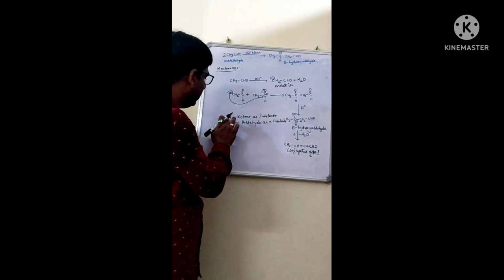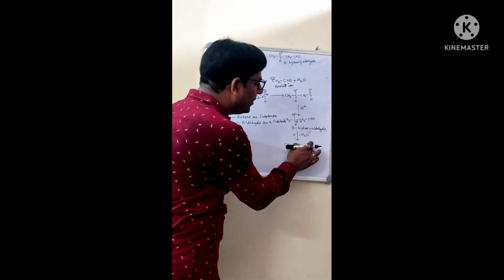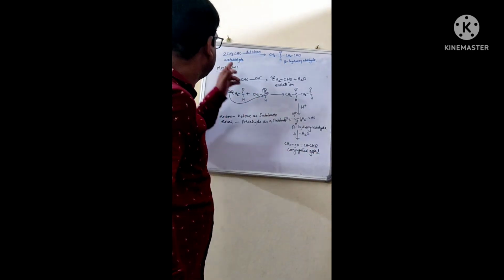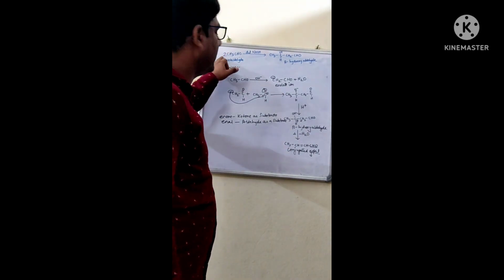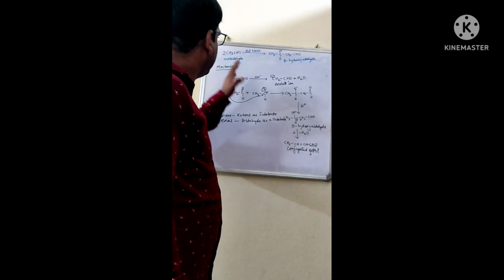And if I say enone, enone means when we have the C double bond O, that is the ketonic group, right? Then we will write here enone. Means when you have chosen the acetaldehyde, means the aldehyde, you will write enal. When you have chosen ketone, you will use enone, right? So hope you have understood this.